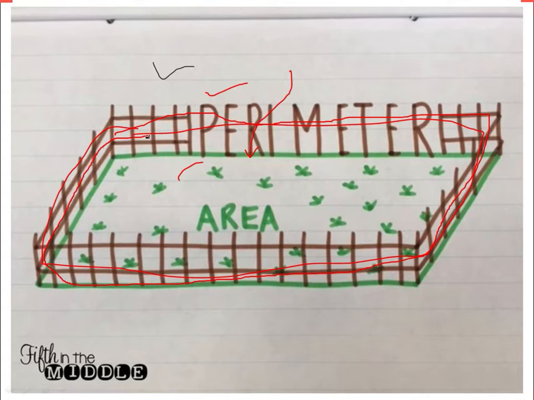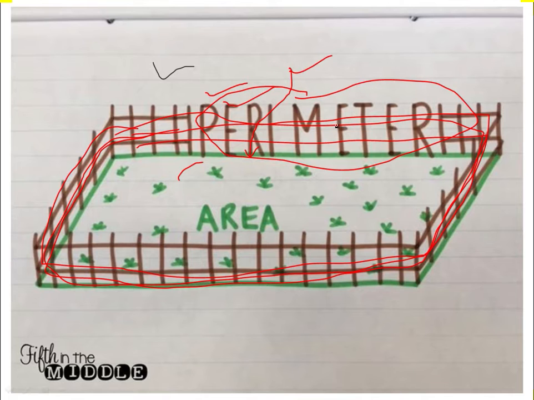In other words, the fencing is nothing but the border of this garden, isn't it? This is the border of our garden, so you can say this is nothing but the perimeter of this garden. When we count the length of this fencing, we count the perimeter of this garden. Here you can see the perimeter is written, and we will learn about area in the next video. Now we are focusing only on the perimeter.